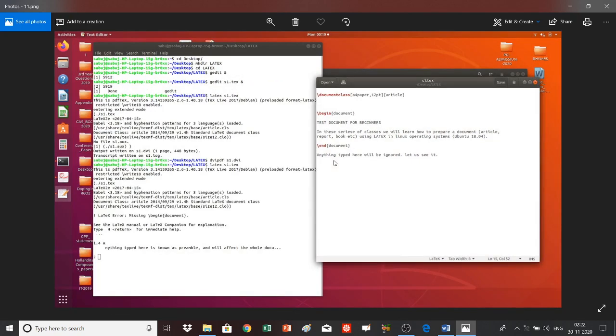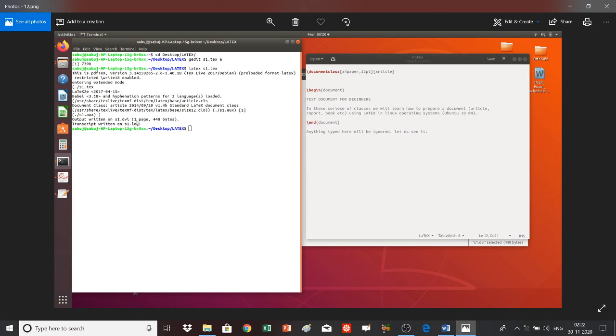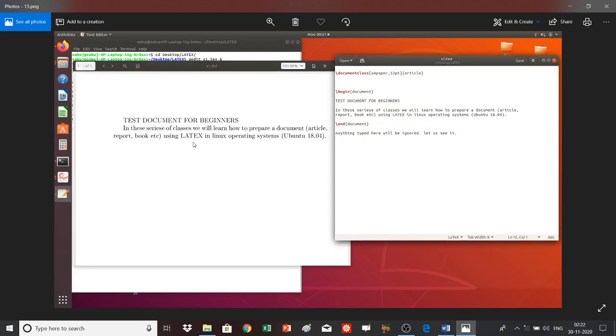So we have written these lines here, and now we run this command, latex1.tex, and successfully it has run, and the output file was generated, here is s1.dvi. Now we go to the output file. This is the output file. See, here is s1.dvi, and only